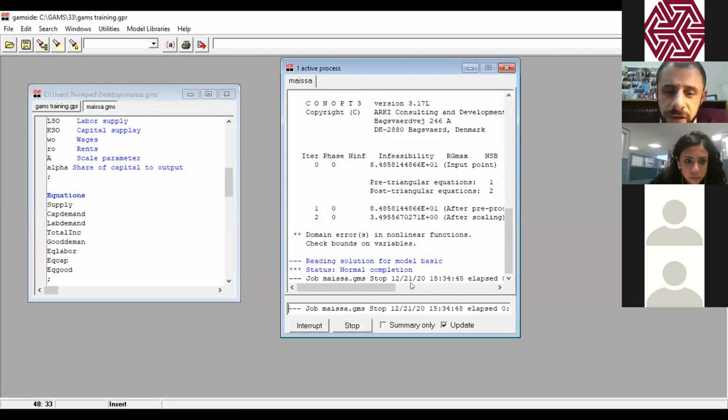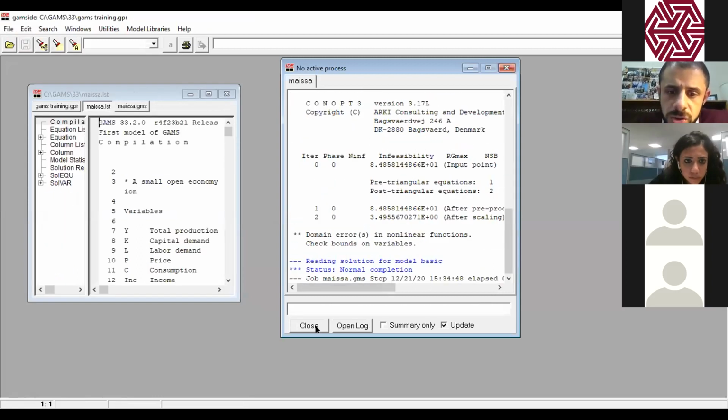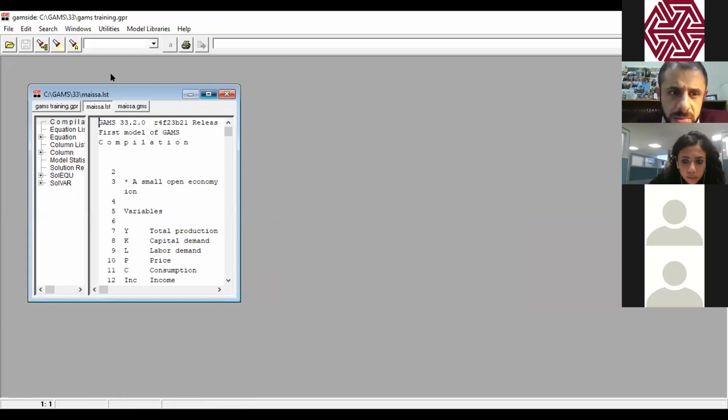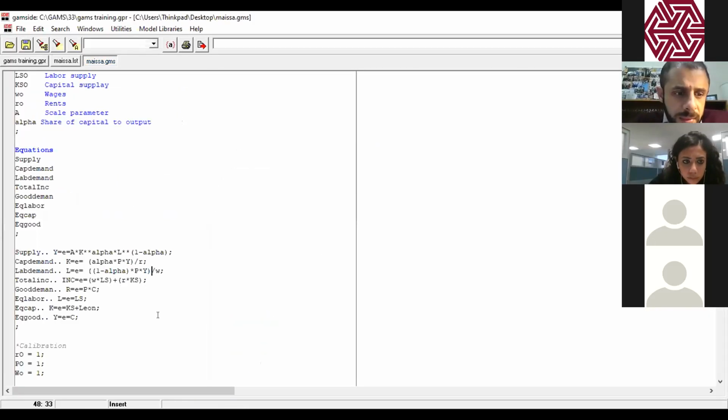So still there is an infeasibility clause. In goods market equilibrium, it should start income or... No, we can't hear you.